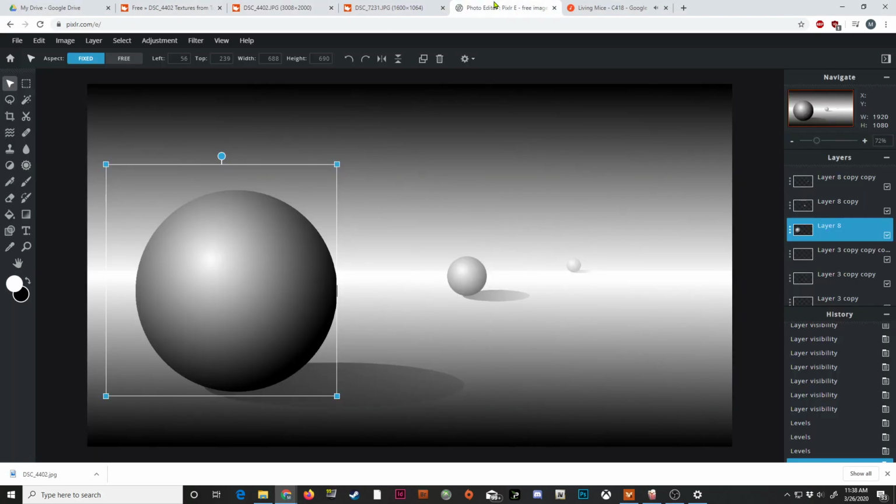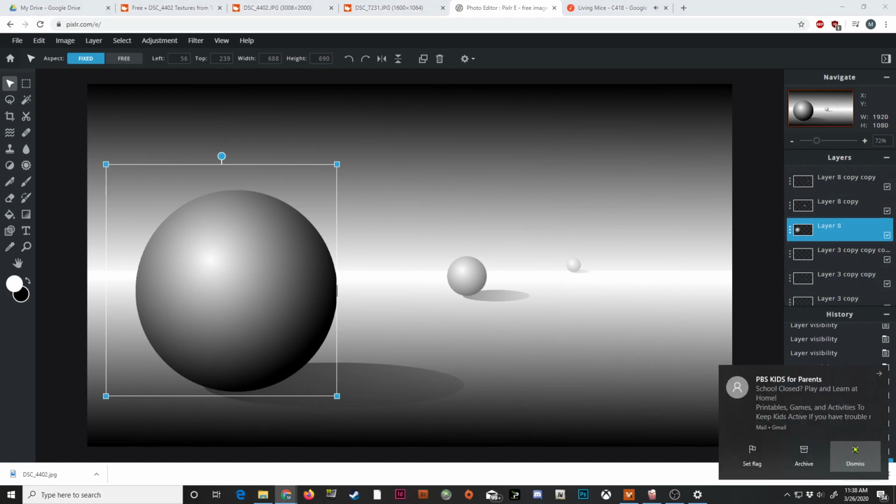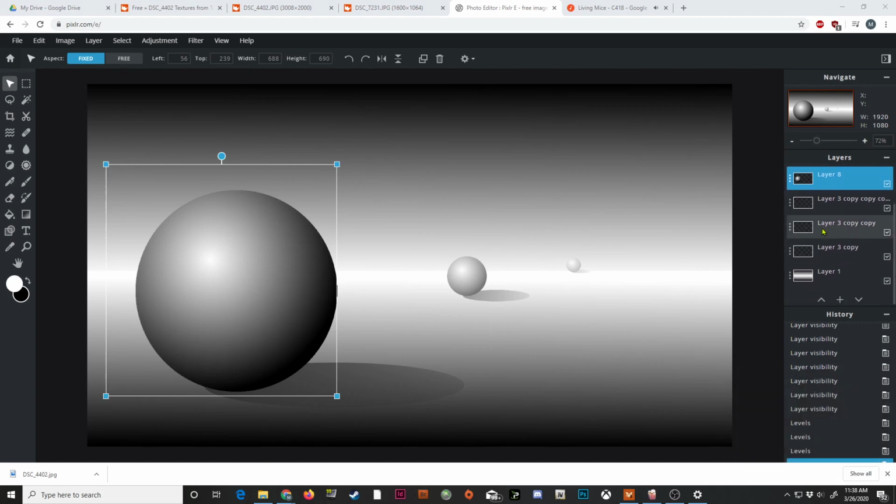Now, when I go back to Pixlr, the way that I put that in Pixlr is actually over here under my layers. Right now, I can't see the bottom of my layer menu over here. If I scroll down here, you'll see that there's some buttons down here at the bottom. But if you're scrolled up to the top, you don't see those buttons. Kind of an annoying thing that happens, but not that big of a deal. If you scroll down,